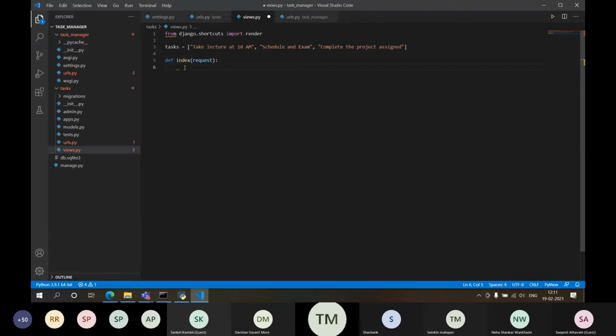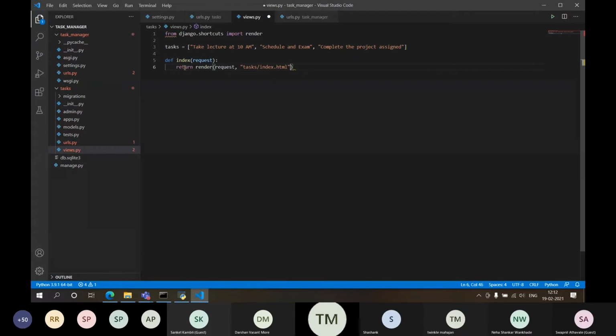Now in the index, I'm going to return something: return render. I'll require an HTML page where I'll show a bulleted list of the tasks. This is the request object I'll pass over here. After passing the request object, I want to render the page task slash index.html.